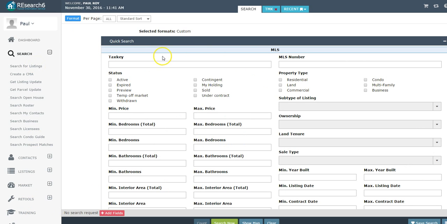Once you log on, you click on Search for Listings. That brings you to this page, and the first thing we're going to do is format the fields that we're going to download based on the information that we need to have of the property. So first you click on Format,